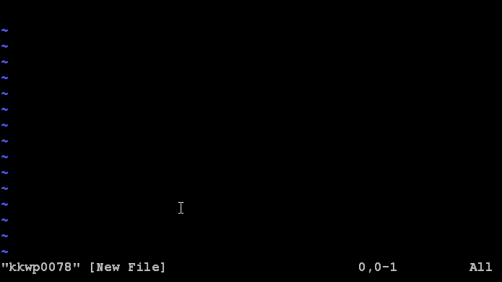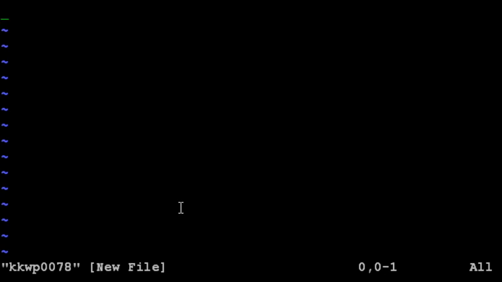Now if I try to enter something into the file, for example kk, it is not happening here because we are still not in insert mode. To go into insert mode we have a total of 6 keys.